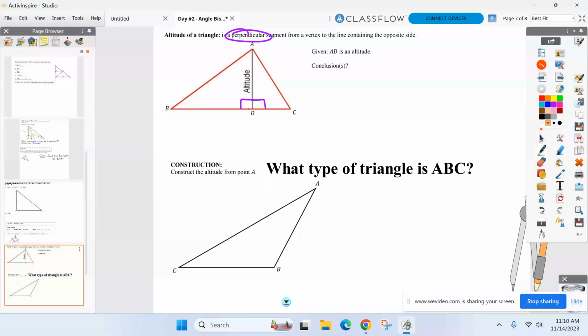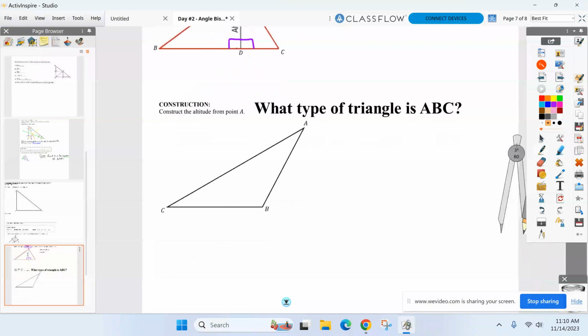Not infinite. What does every altitude have to start from? A vertex. So how many altitudes exist in every triangle? 3, because there are 3 vertices, correct. All right, let me show you